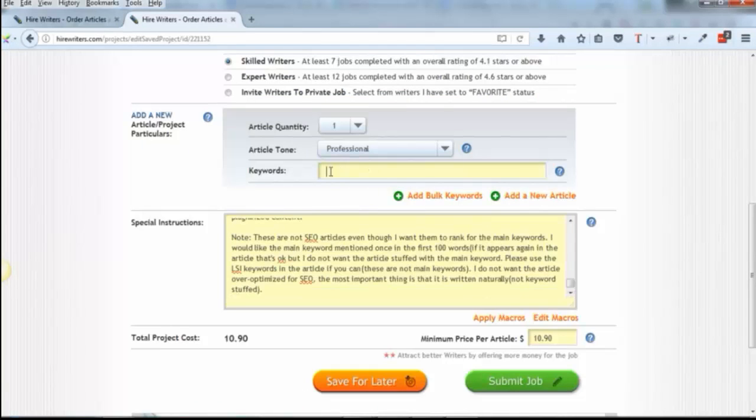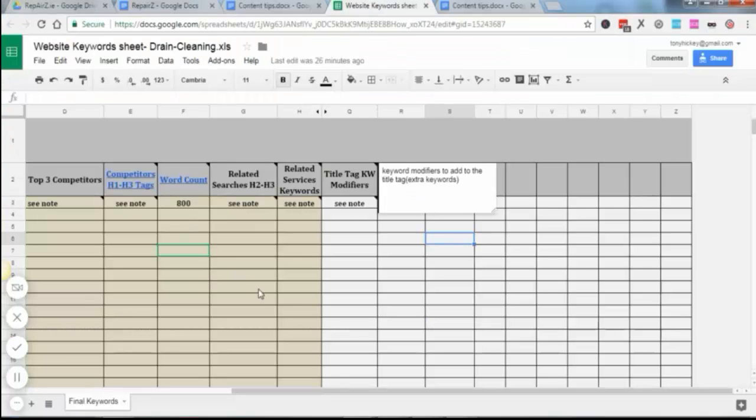We just need to make sure that our LSI keywords are included as we mentioned earlier. So you'll need to copy in those keywords for the 3 areas that we mentioned. The 3 areas again for the LSI keywords are obviously lsigraph.com, and also the related searches keywords have to be included in there, and importantly the related service keywords. So that should give them a very good set of topically relevant keywords to include in the article,